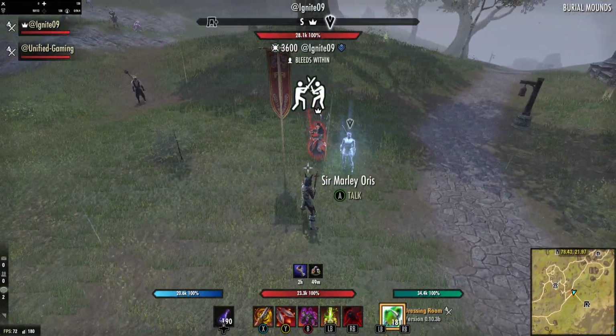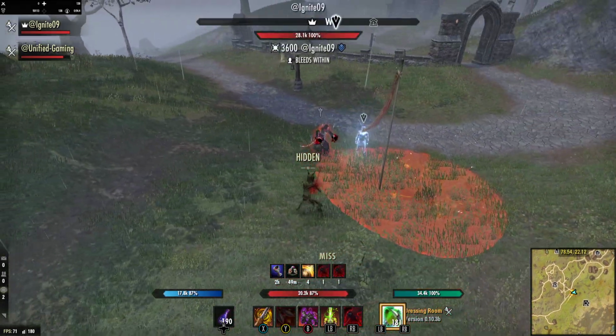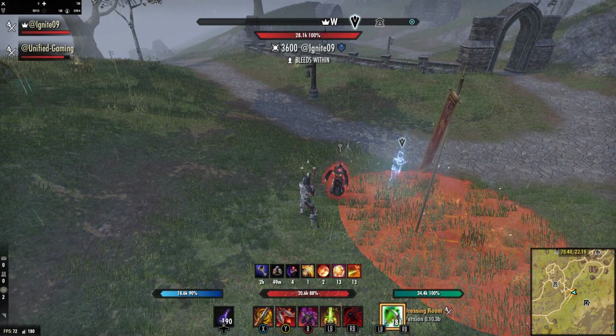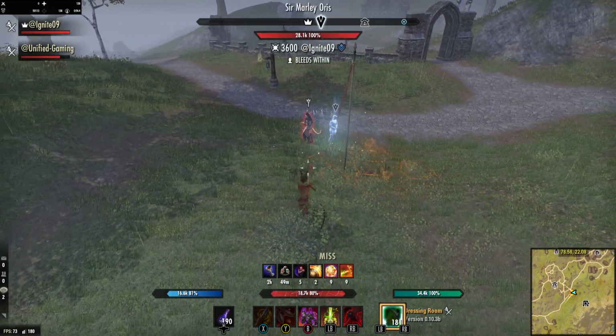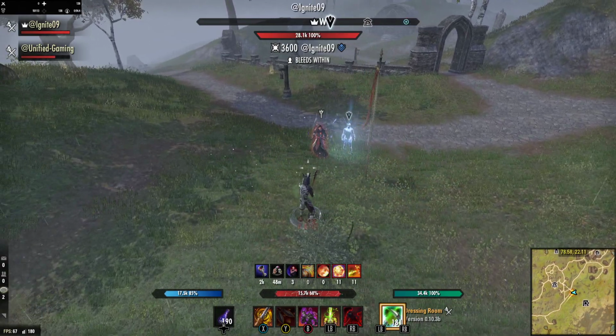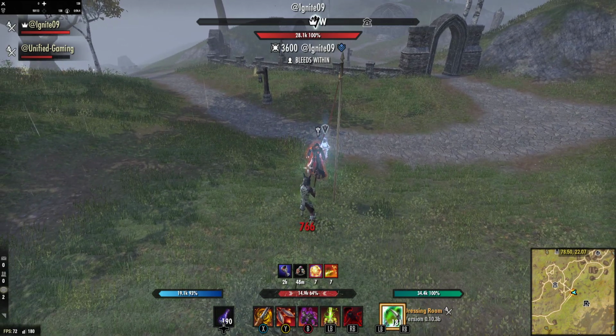So we'll try that again. So Stampede, I can avoid that. We'll try with the Noxious Breath. Still not. So that avoid it. So what we're going to do is, if Ignite hits me with Noxious Breath and the Claw,